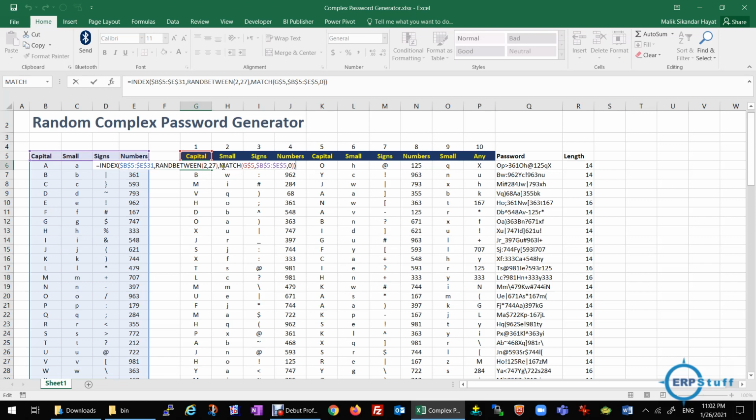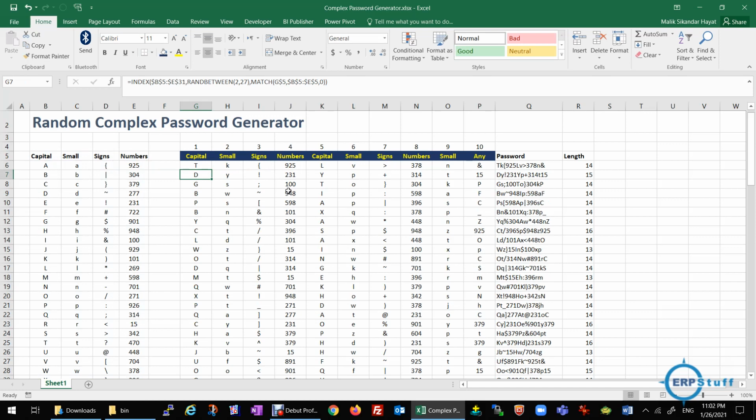Then comma. Now instead of giving a direct column number, I used MATCH: take this name and match it over here. For example, capital is the first column, so it will return the first column, and enter.